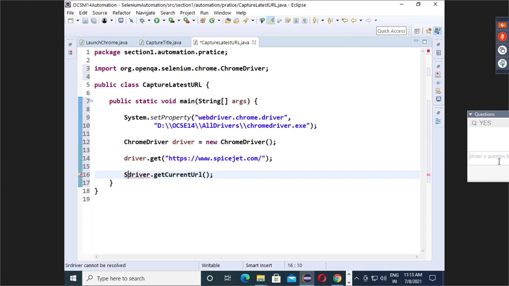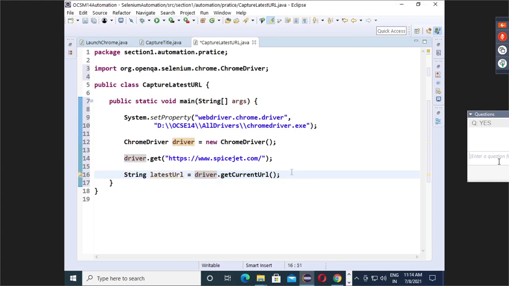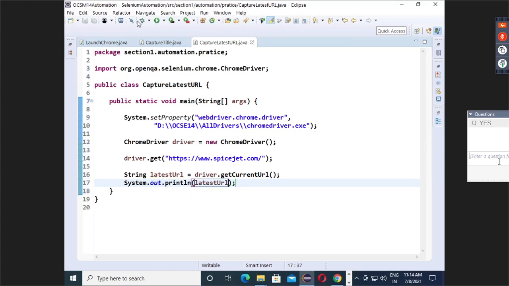It will give you a string, and in the string you will get the latest URL. After that, print the URL. Okay, that's it. Save this, run this, see.